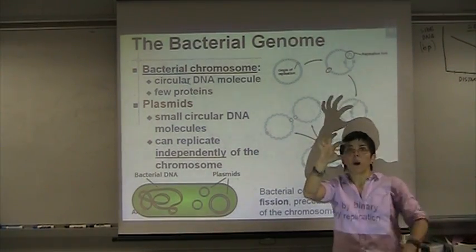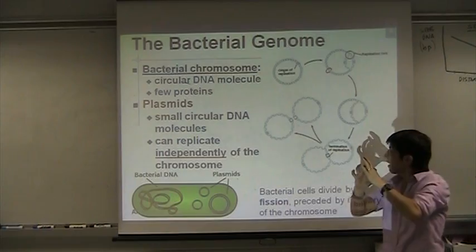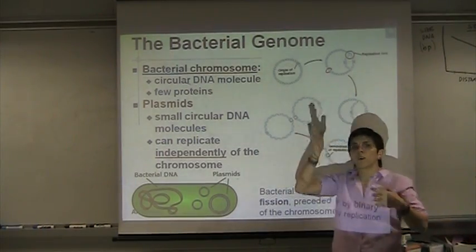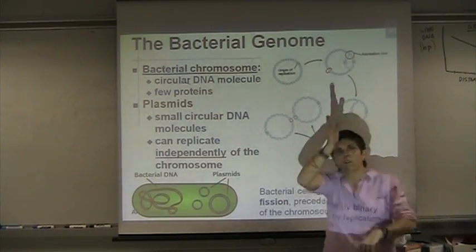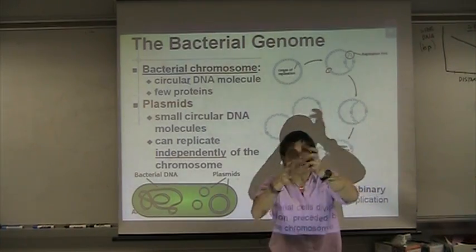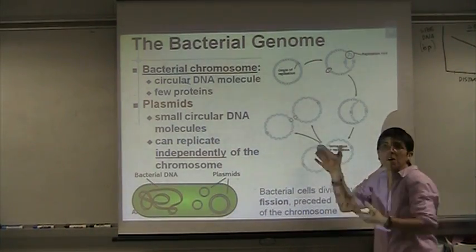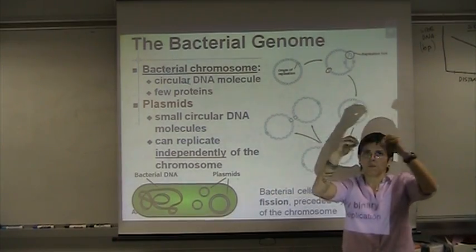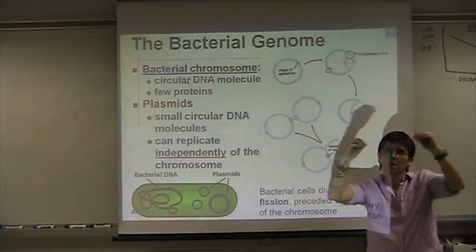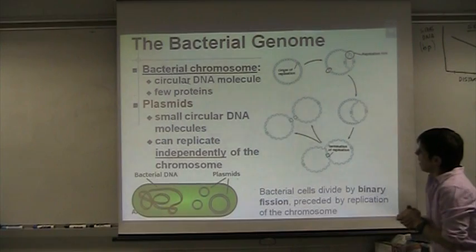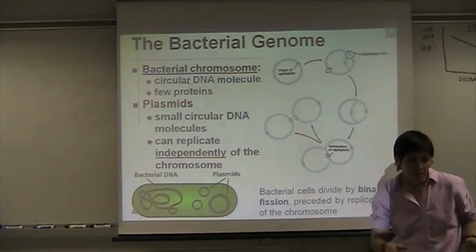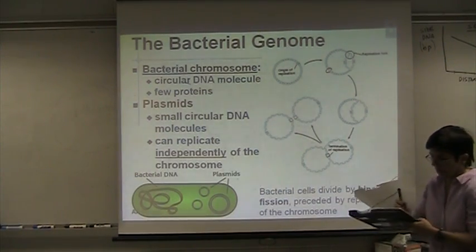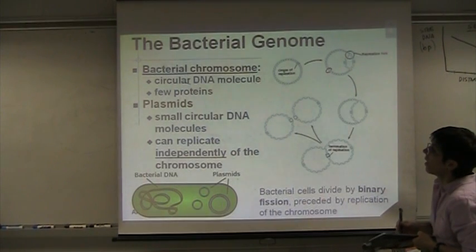Because you only have one circular piece of DNA, you don't need to go through the whole process of mitosis where the chromosomes have to align neatly and separate. There's no point, you only have one. So it's a simple division, a simple separation of the chromosome with the cell. And that's the basic concept about division in prokaryotes. Now,